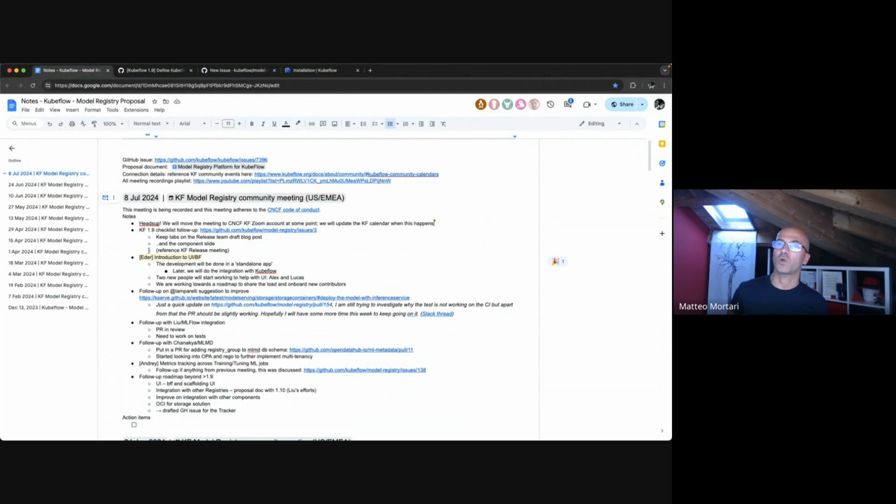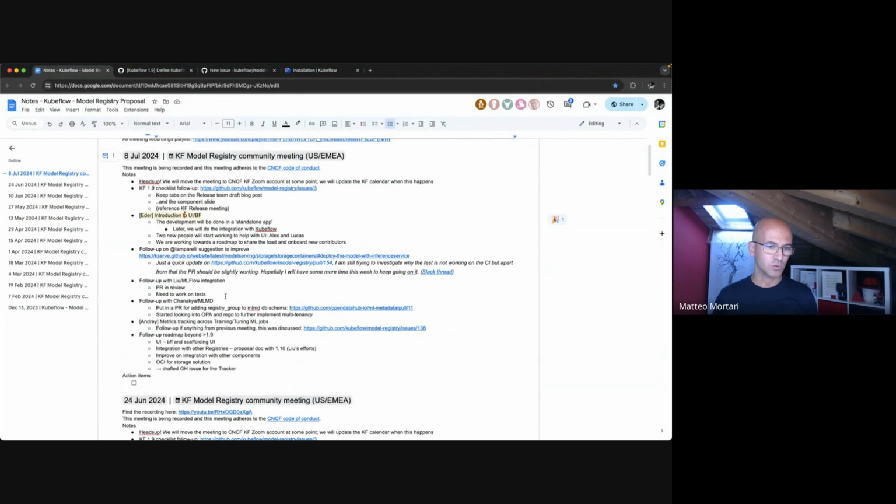Speaking of which, on the second item in the agenda, Andrea cannot attend the meeting, so he left an update on Slack. We had a suggestion in the previous meeting from Andrea to further harden the custom storage initializer example of KServe that we have in model registry. Andrea was mentioning that he's continuing to work.